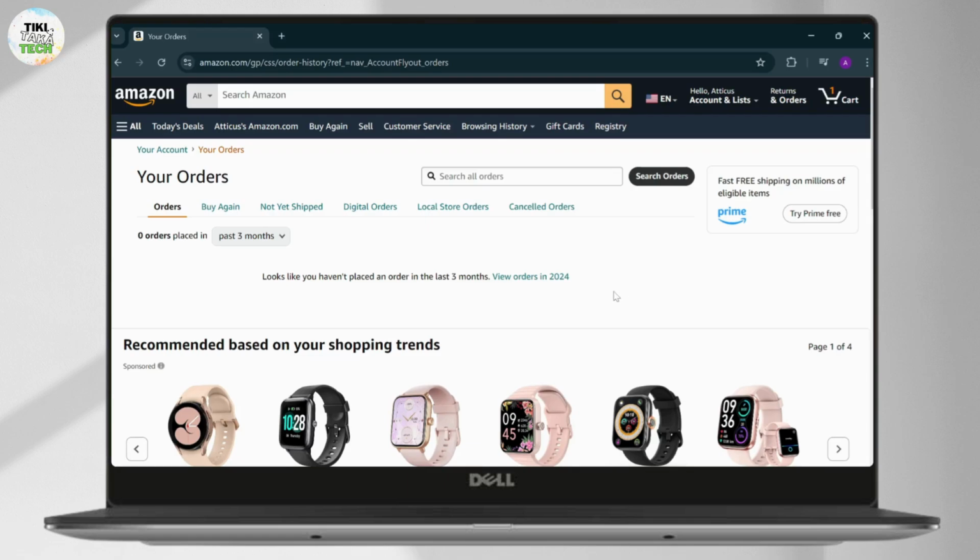But if you have an option right here that says you can edit the order, just tap on Edit Order and you'll be redirected to another page where you can select the items and cancel it. So that is how you cancel an order in your